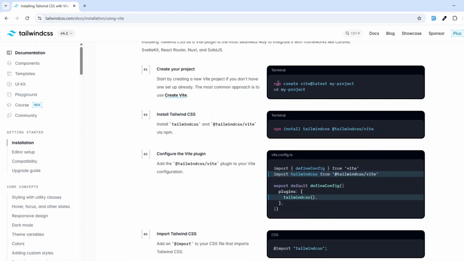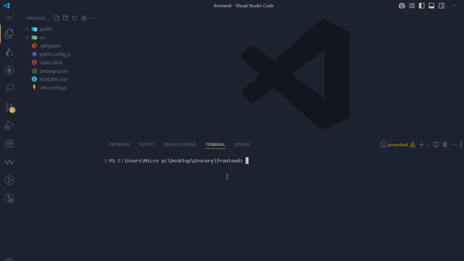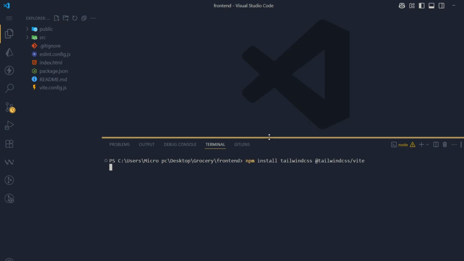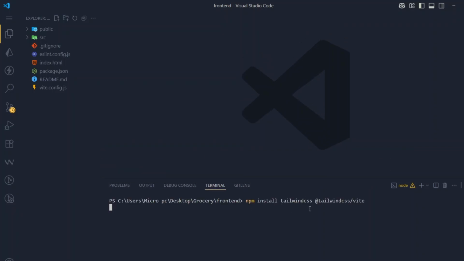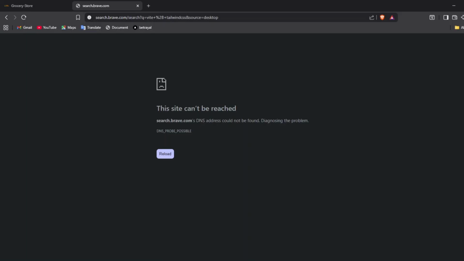Our first command is already done because we have created our Vite project. The next command is npm install tailwindcss. We will copy this command, go to our VS Code terminal, paste this command and press enter. This will install Tailwind CSS in our project. After that we are installing,